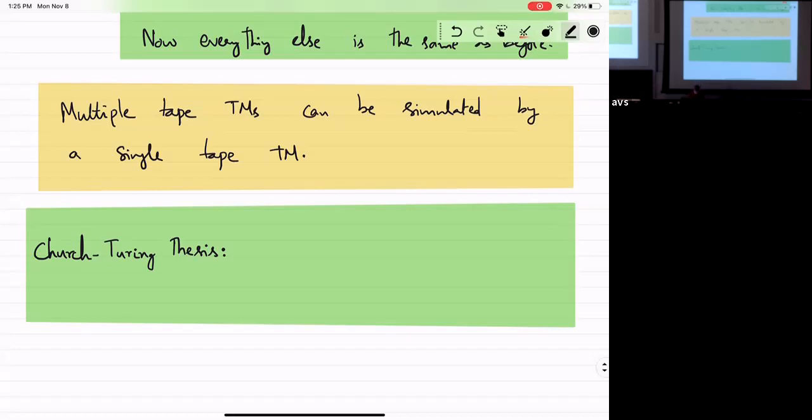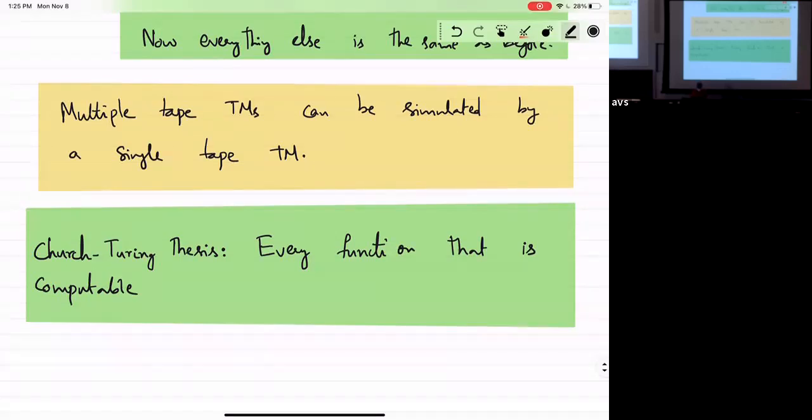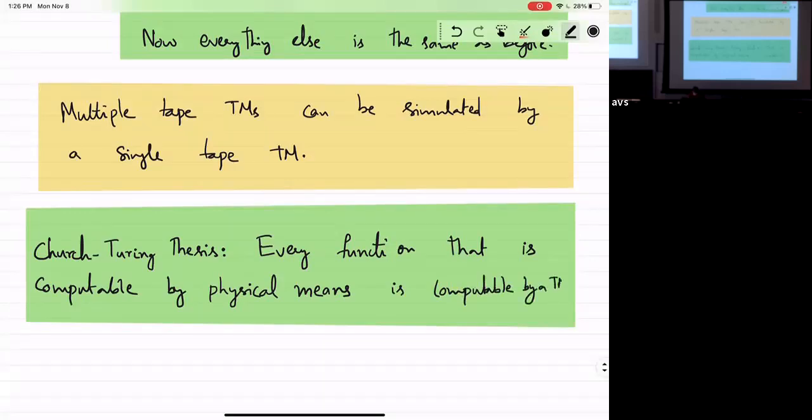Okay, so every function that is computable. Well, if I say every function that is computable by a Turing machine, that's a meaningless tautology at this point, because we define computability as that. But really what this says is that every function that is computable by physical means is computable by a Turing machine.